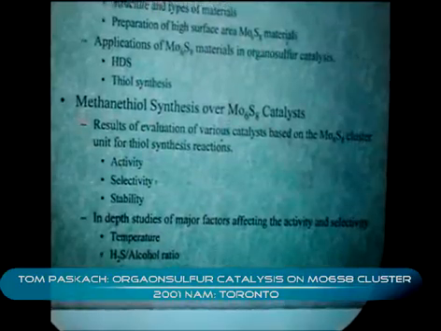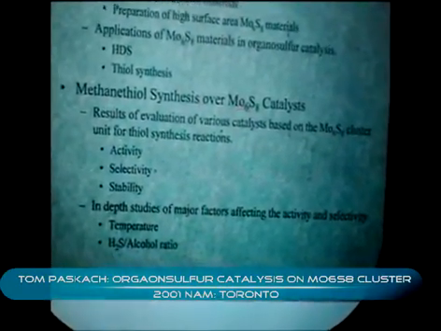Then I'll go into our results section. Our recent work is methane thiol synthesis over these materials. There's a wide variety of these materials, and we've looked at them for thiol synthesis in terms of their activity, selectivity, and stability. Then we've chosen some that look more promising, and one in particular that wasn't, to compare more in depth. What are the major factors that influence their activity and selectivity with respect to temperature? An important variable in this is the hydrogen sulfide to alcohol ratio. Alcohol is the feedstock that's generally used for thiol synthesis.